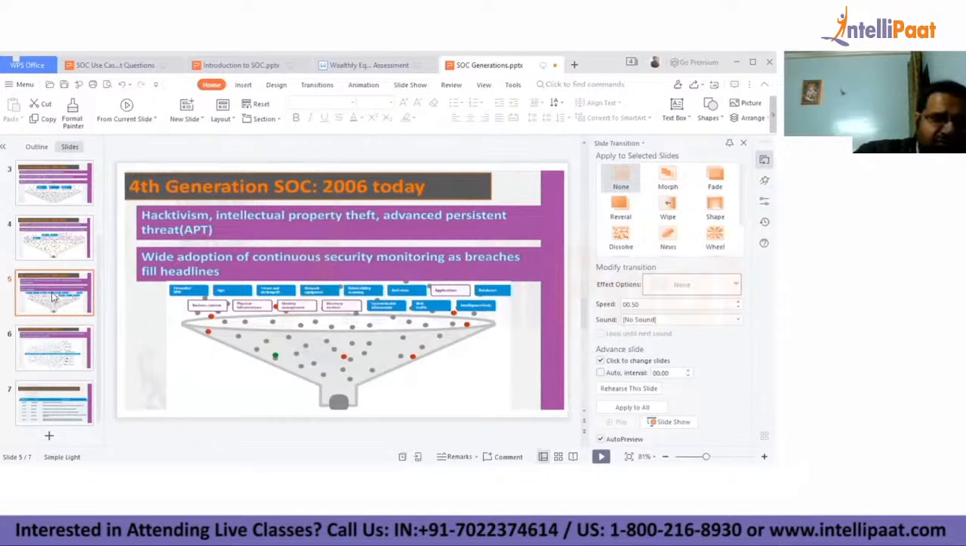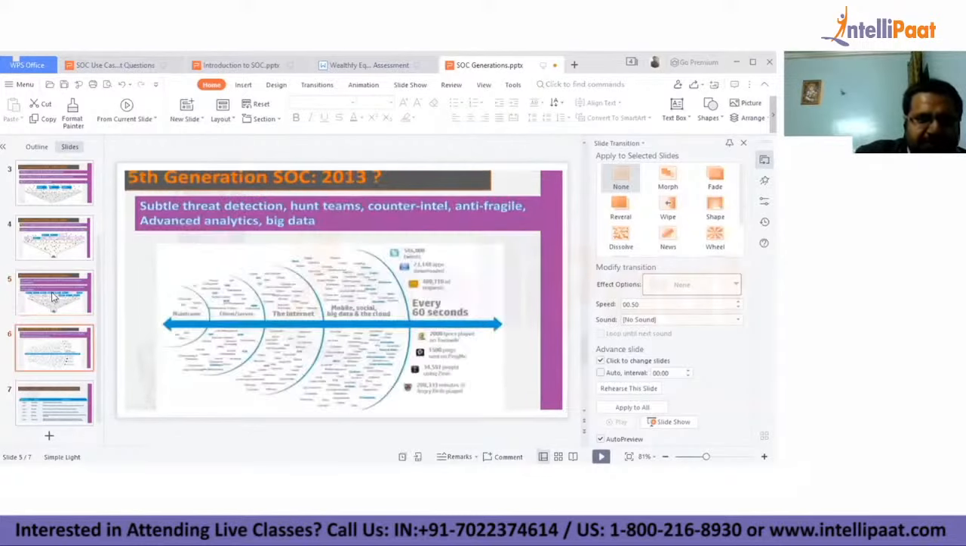So this fourth generation SOC improved a lot of things further. Earlier it was dealing with a new kind of malware that can change its form. Dealing with that kind of scenario could only be done by the fourth generation SOC team in the US, or fourth generation or higher. Now the fifth generation, which started from 2013,